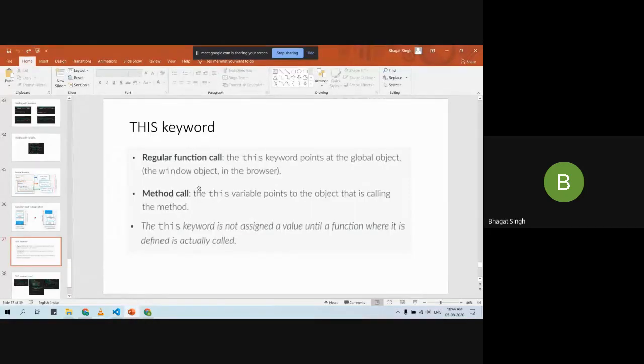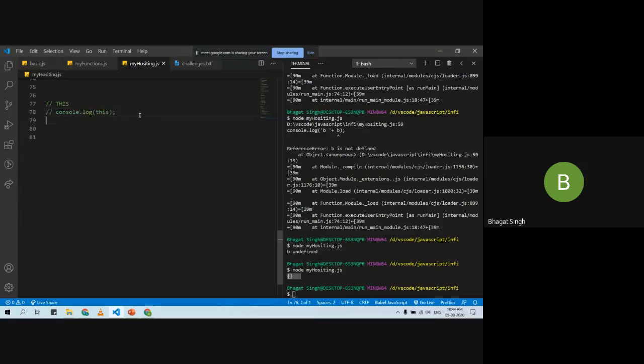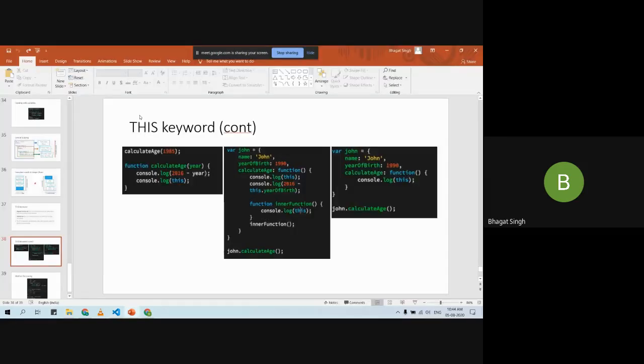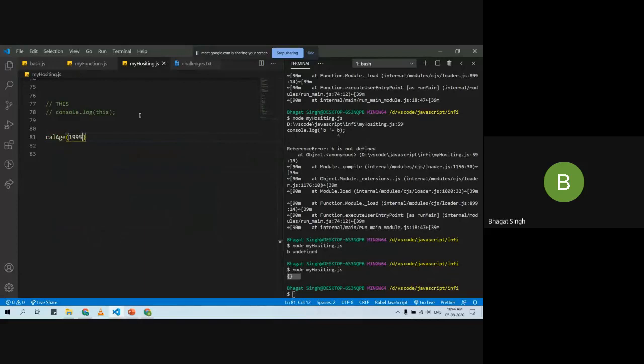So now coming to the method call, let's do it with the help of these programs. So we have done this much. Calculate age 1985, function calculate age, year, and console.log all. I will again do this one: calc age 1995. And now I will do the function declaration. Calc age is the name of the function. I'm expecting some argument, and then I will do log